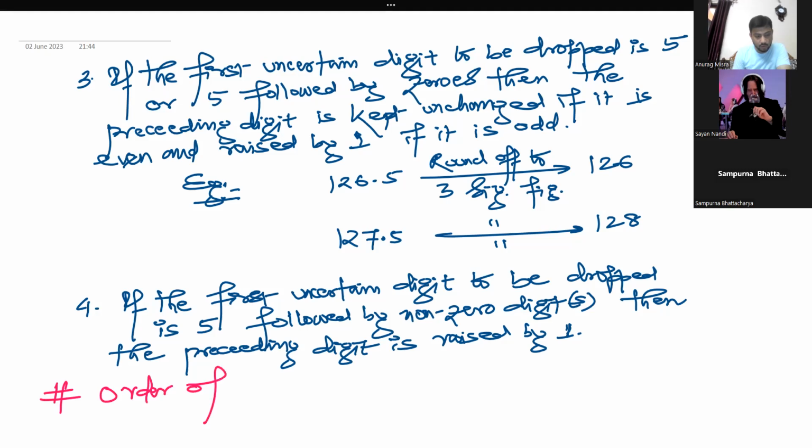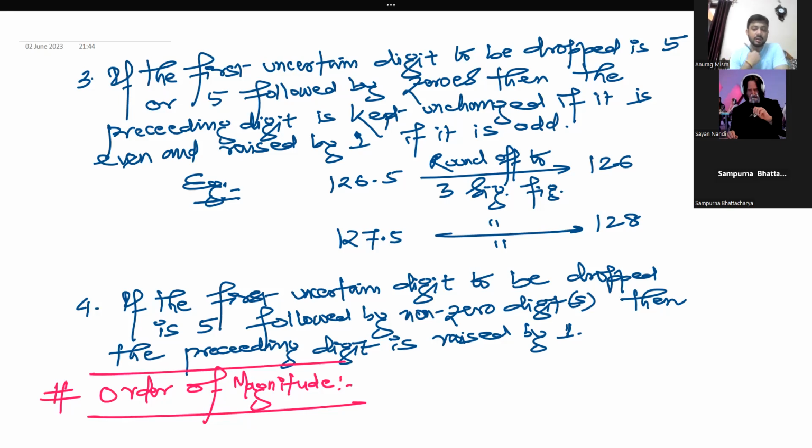Okay. Order of magnitude basically means the closest power of 10 to which the number belongs, right? Order of magnitude means what? कि ये जो given number है वो किस power of 10 के closest है, to which power of 10 is it closest to? तो इसका simple rule है कि if a number is